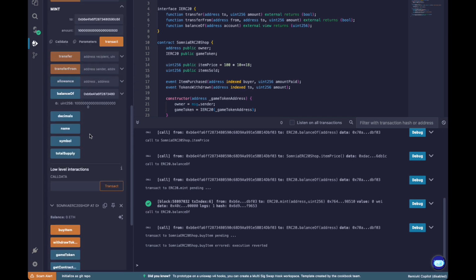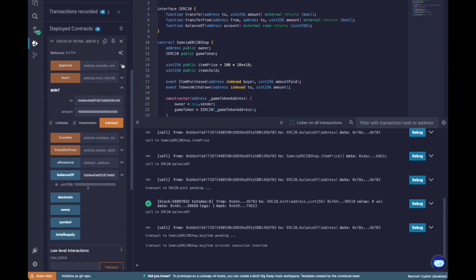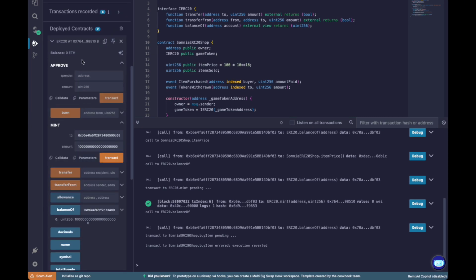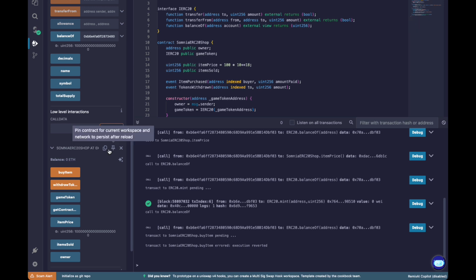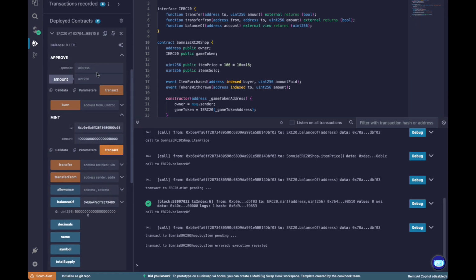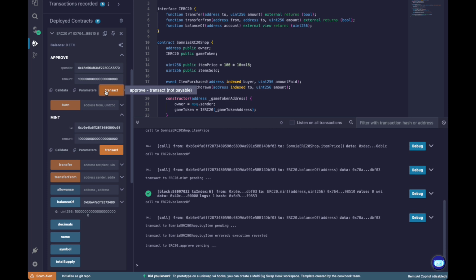So cancel that transaction. So what we want to do here is to approve the smart contract to spend on our behalf a certain amount. So copy the contract address, paste it in as the spender into the approve, and then approve it to spend 100 of the game token. So call that, confirm it,